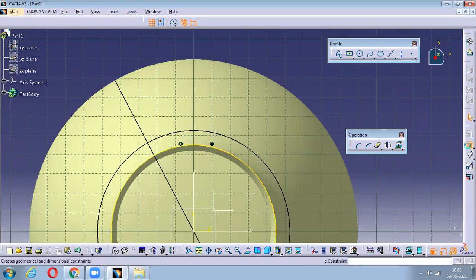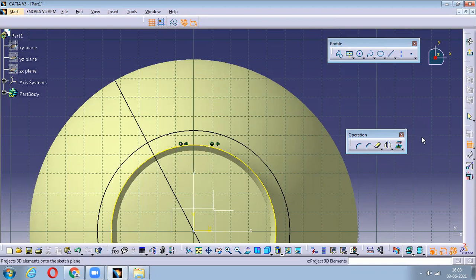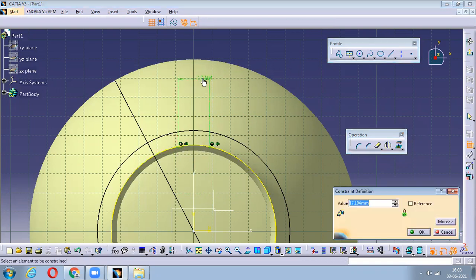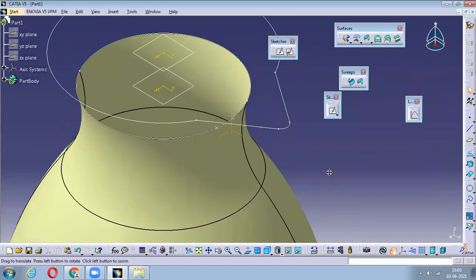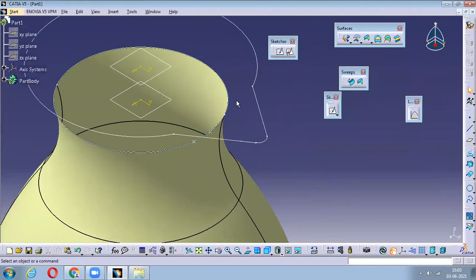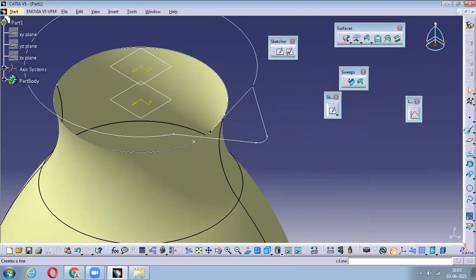Again, I'll add the material to make them symmetric with this particular guy and assign the distance between these two as some 12 mm or 10 mm. I'll take that. Once it is done, I'll say exit to this. Now I have to give this guy a guide curve. So I'll take this straight line, select these two, and go with these two guide curves.